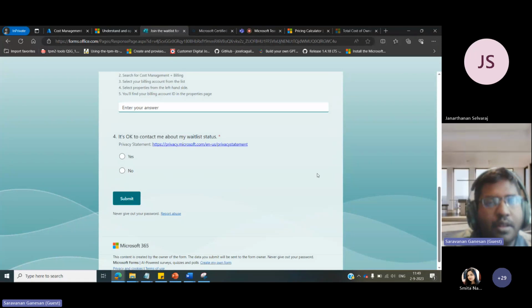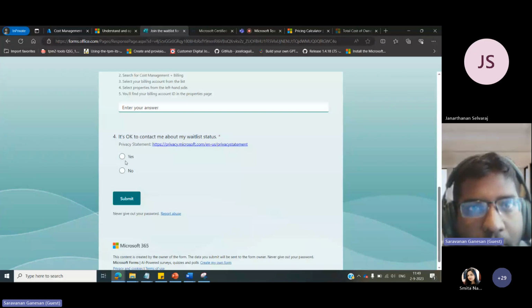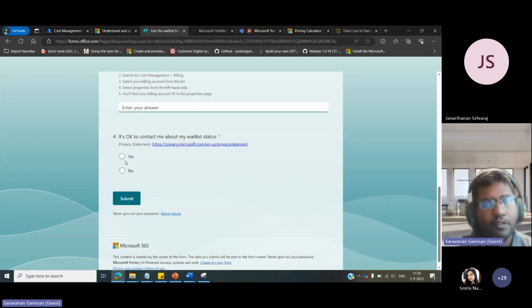Then they will ask whether you want to be contacted about your waitlist or not. You need to say yes or no, and when you submit, it will show a message that your interest in Copilot in Microsoft Cost Management has been accepted, you will be on the waitlist, and you will be notified at your official email ID for further intimations. So this is the entire thing about